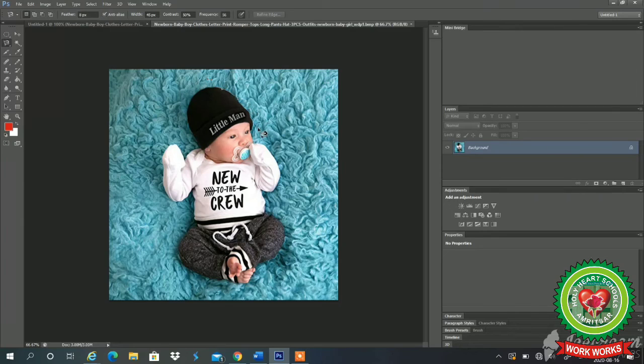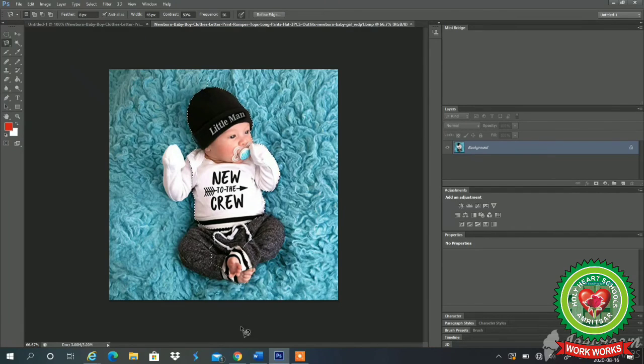automatically the width attracts according to the pixels I have given. Contrast will match the contrast colors, and the higher frequency anchors the selection border and helps me to select the border. Means according to my wish I can select any properties. This is the work of the magnetic lasso tool.